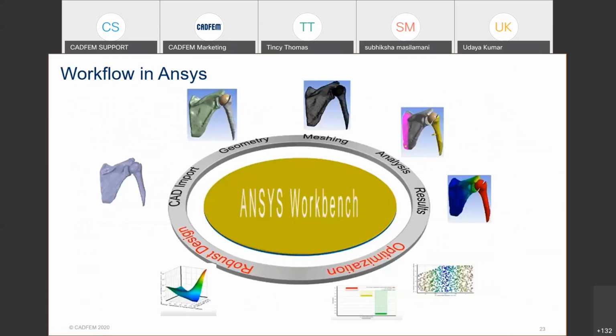So how you can basically do this in ANSYS is, first you need to have the geometry, which you can actually get in the format of STL by scanning. And you need to mesh the body. Meshing is nothing but discretizing the body. Suppose say